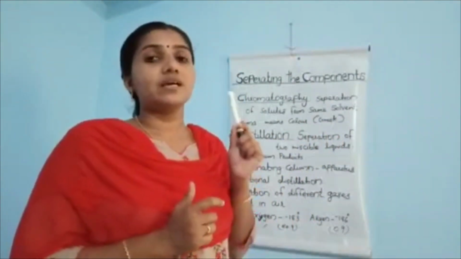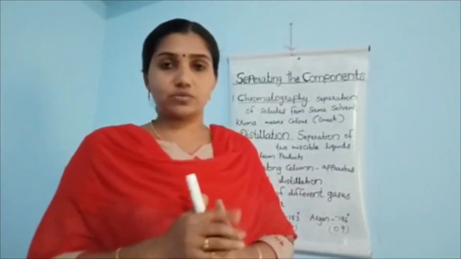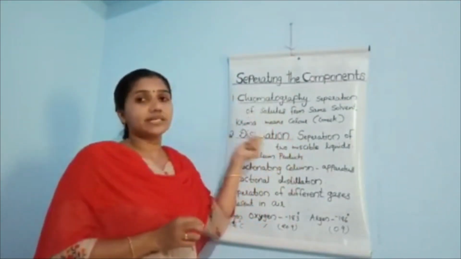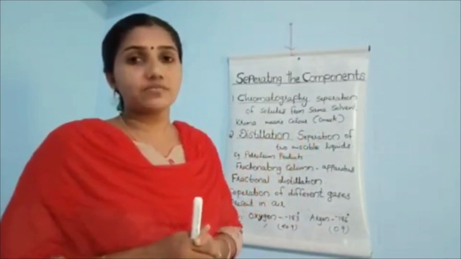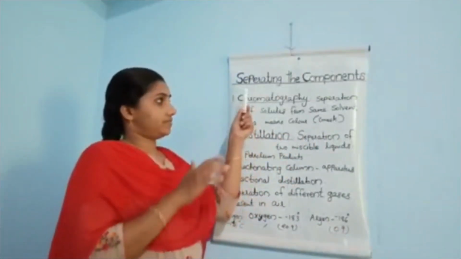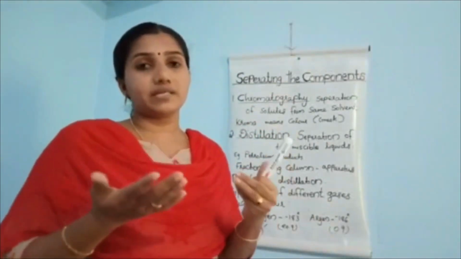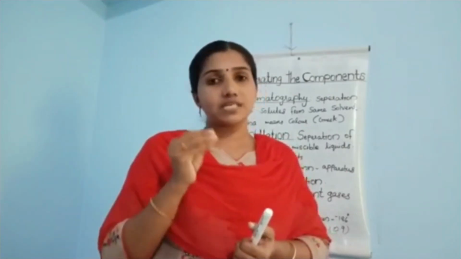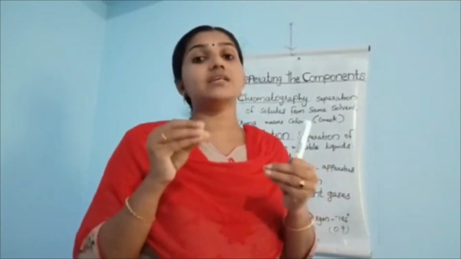Here also we are using the same ink, and first we are doing an activity from your textbook on how to do chromatography. Before that, the term chromatography comes from a Greek word, chroma. From that Greek word we modified this term. Chroma means color making: from this separating method we can make different types of colors. If a substance contains different colors, we can separate them from the ink or dye.